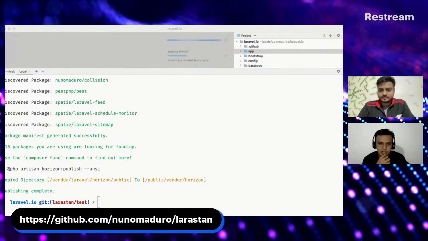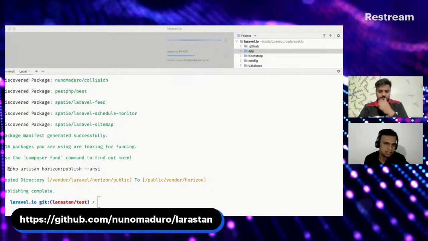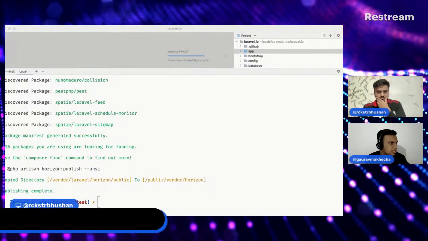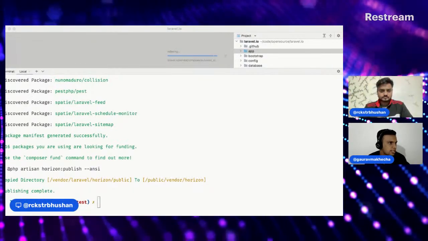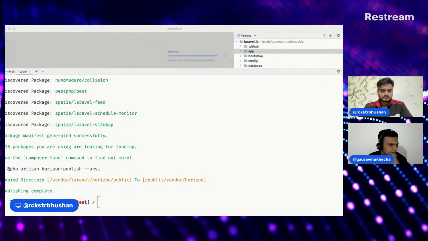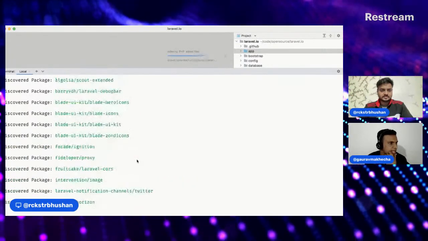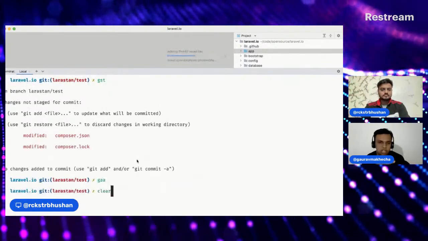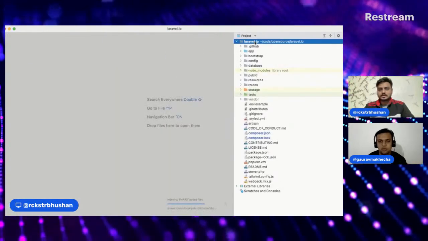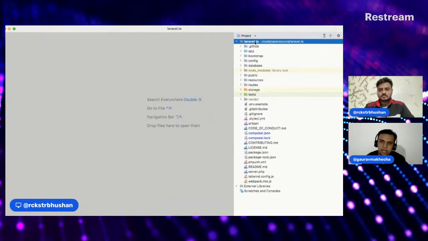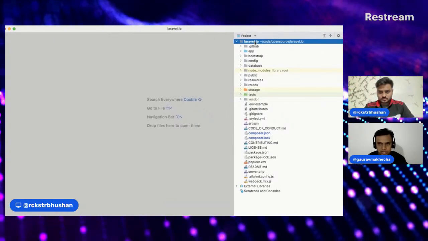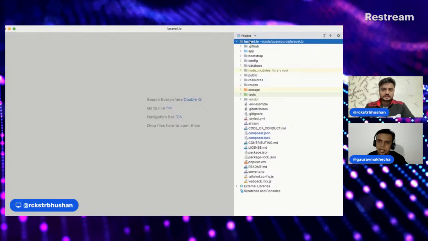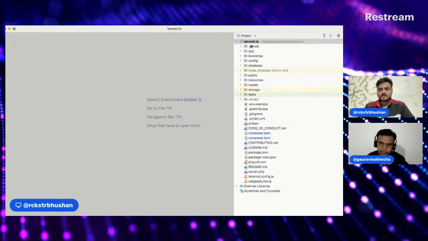So we have done the composer require step, which is great. Again, this is a required dev dependency, so we don't need it on the server. Next step is to copy the file. You can create a new file called phpstan.neon. As this is based on PHPStan, you'll be creating the file as per the rules in the root directory. Okay, so I'll create a new file.